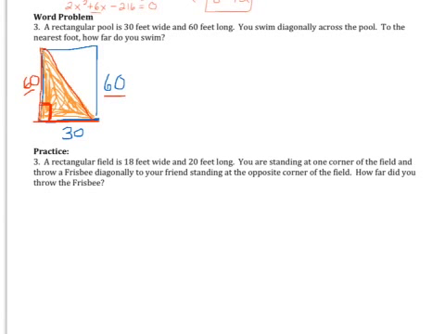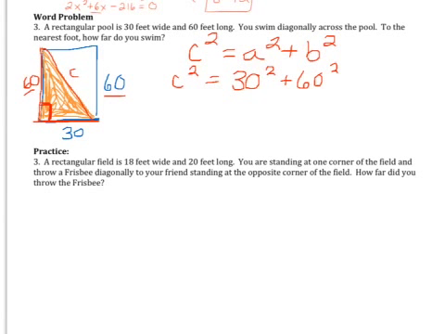So what part of the triangle are we really looking for? If you said C, then you are correct. We are looking for the hypotenuse. So we're going to use our formula, c squared equals a squared plus b squared, to help us find it. So c squared equals 30 squared plus 60 squared. So c squared is going to equal 900 plus